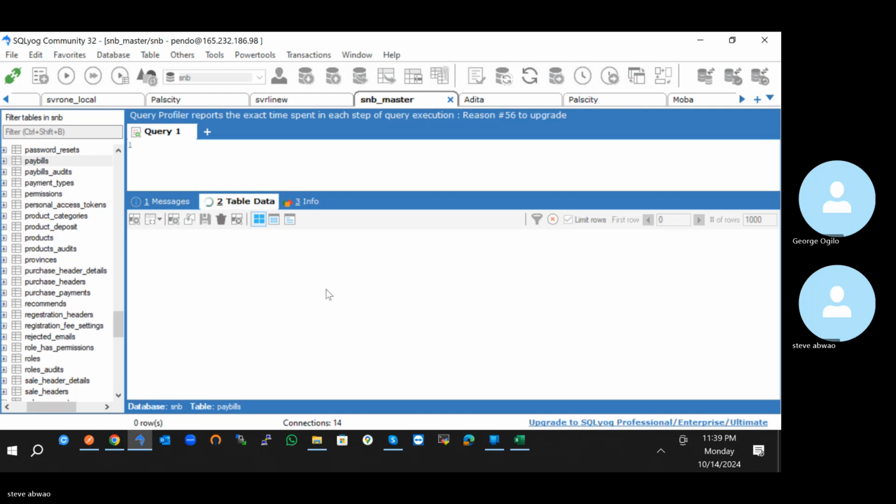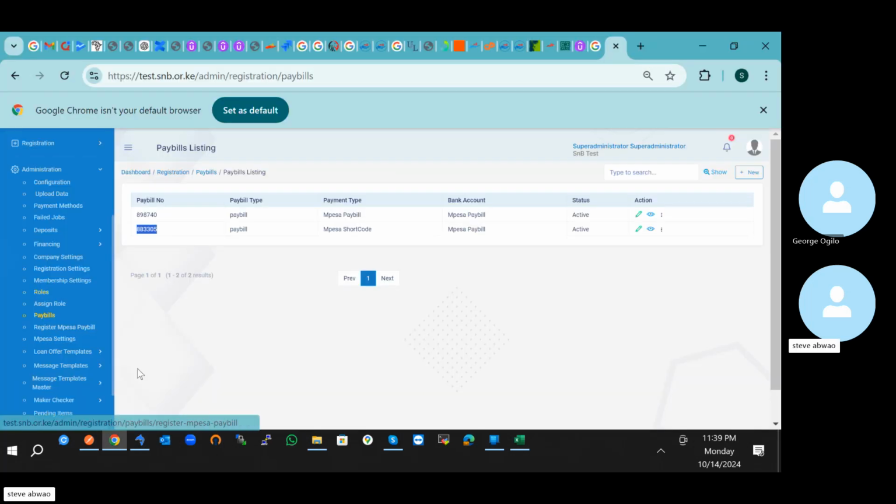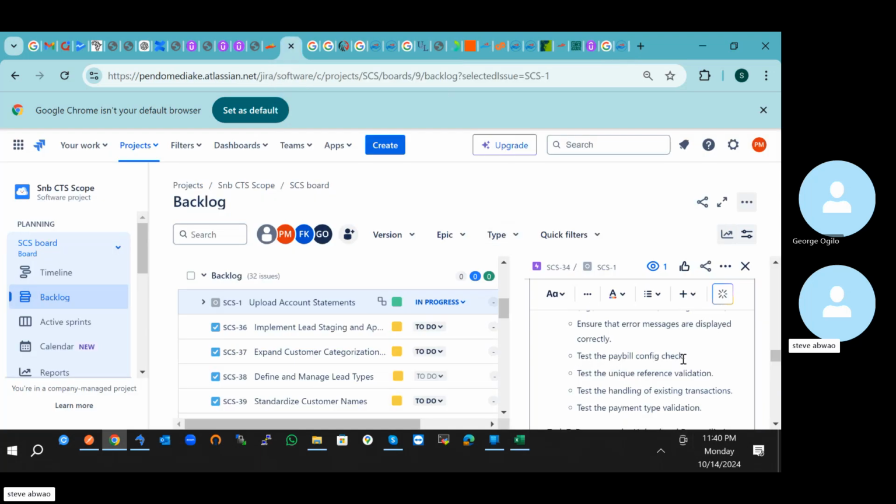There's something that is slow here. I don't understand which one, but you will see them there. Okay. So if it is not there, reject. Your validation: test the pay bill config checks, test the unique reference validation, test handling existing transactions. So as I said, that existing transaction, we just flag that posted or existing,